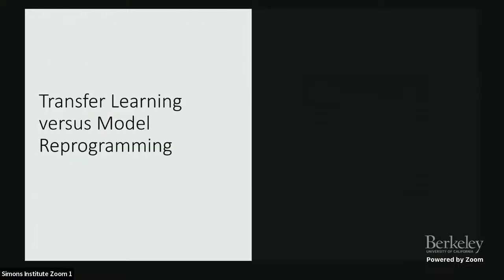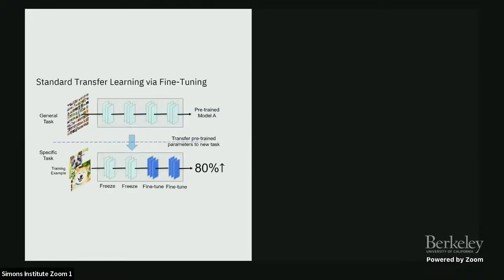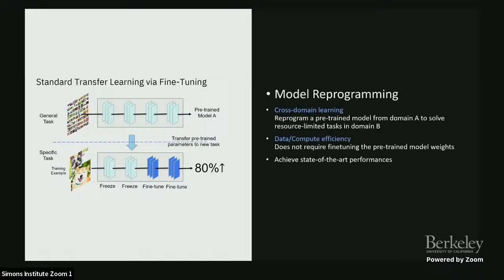And you may now ask me the question, how is this different from transfer learning? It depends on what you mean by transfer learning. My view of transfer learning is the standard view: you take a pre-trained model with the pre-trained weights, and then you fine-tune some of the parameters in the pre-trained model to do a downstream task. In contrast, in model reprogramming we are doing things in a different way, in the sense that we are not changing the pre-trained model weights all the way to the end. We are really taking a model trained on domain A to solve a different problem in domain B. And these two domains can be very unrelated, like the time series and speech example I showed you earlier.